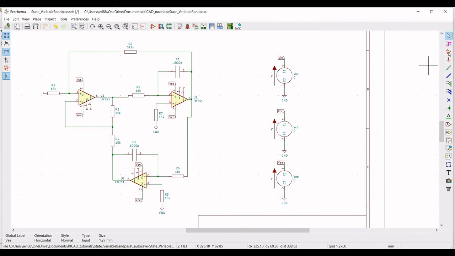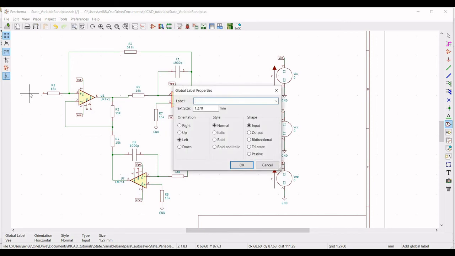Now, once we have connected all the global label pins as shown in this tutorial, we have to define